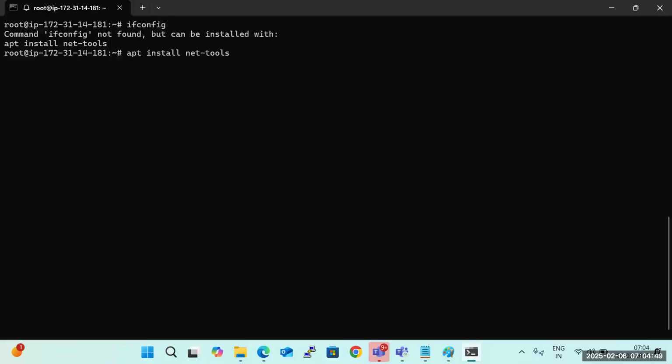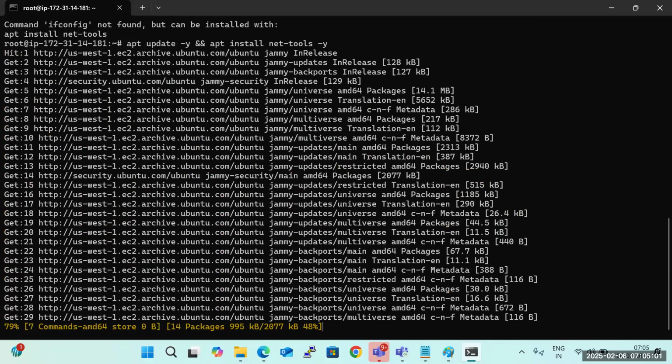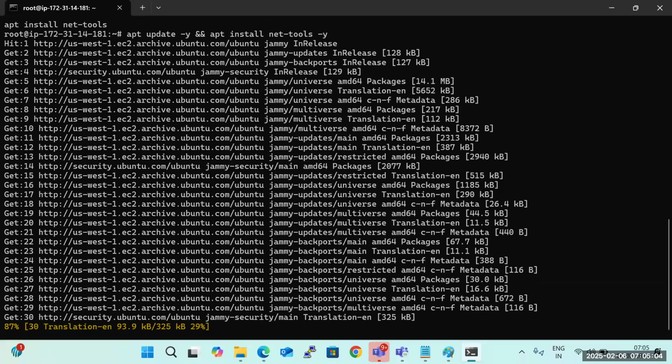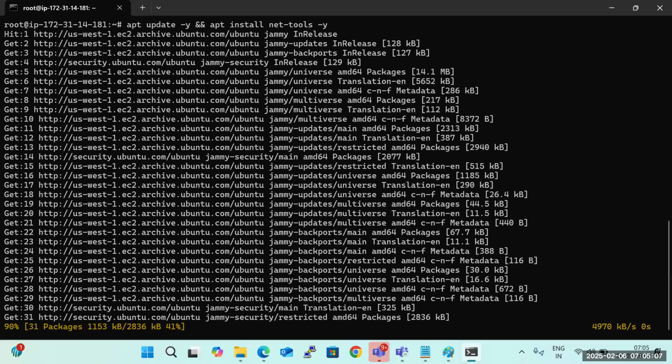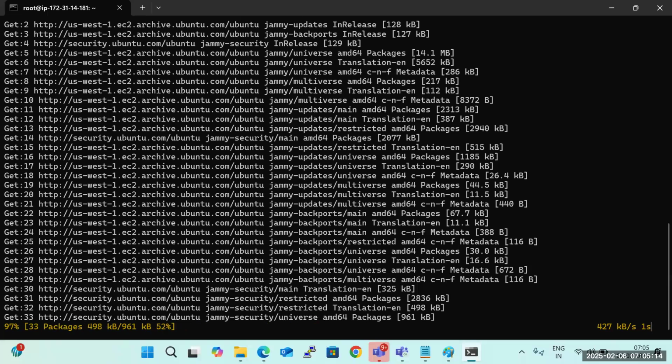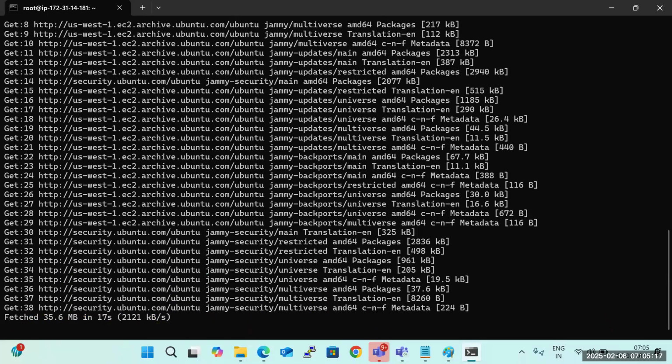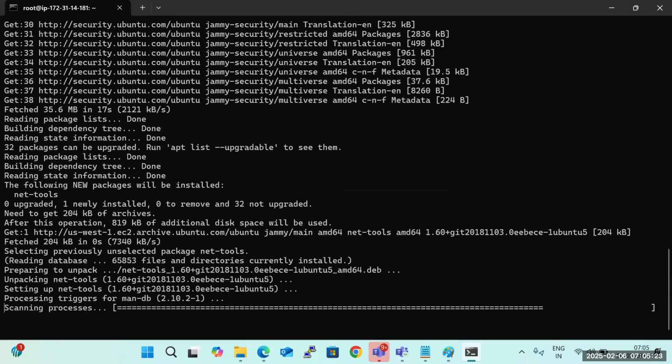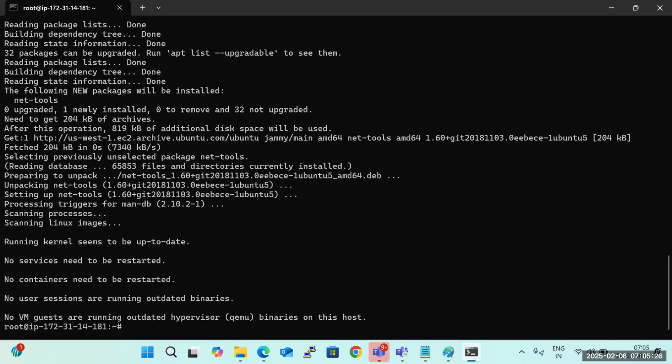apt update -y and apt install net-tools -y, so that net-tools will be installed, and here you can check out one thing. So hold on. See, if you give ifconfig,